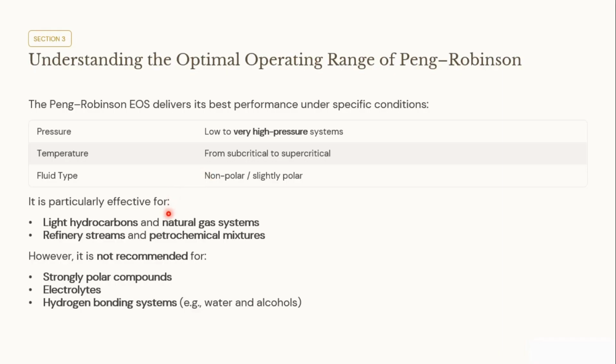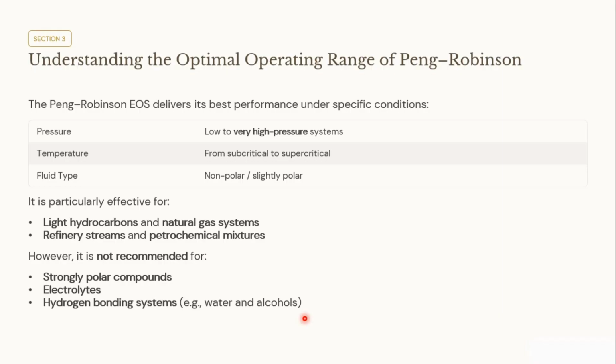It is particularly effective for light hydrocarbons and natural gas systems, refinery streams, refinery processes, the petrochemical industry, and the oil and gas industry, but it is not recommended for strongly polar compounds, electrolytic systems, and hydrogen bonding systems such as water and alcohols. We already know these, especially the recommendation and non-recommendation aspects, since we have been on this channel